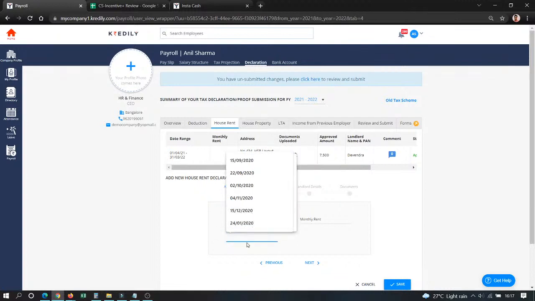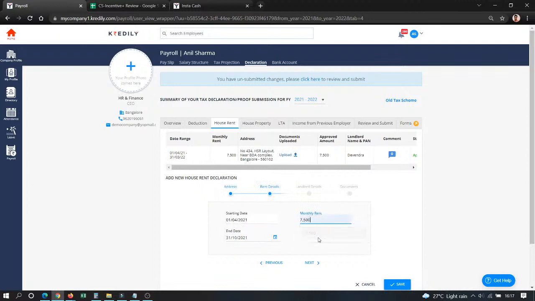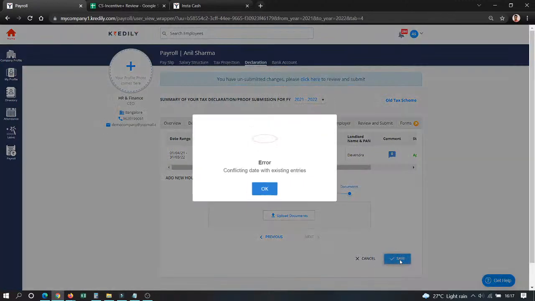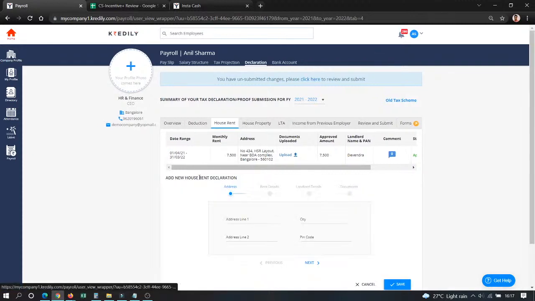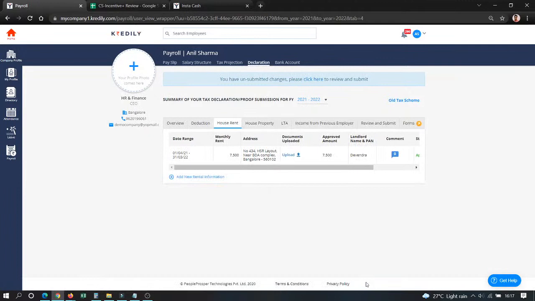house or the property, and then you will get an option to add the monthly rent, and just submit all the documents. Of course, you need to enter your landlord's name and the PAN detail of your landlord, and upload the documents and save it. Well, again, I've already added these details, so I won't be able to add the detail again, but you get the point. So it's very easy. Just click on the add button and add all the required details, but